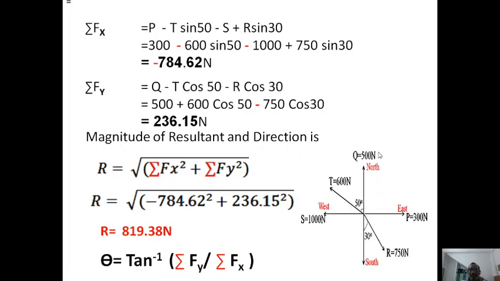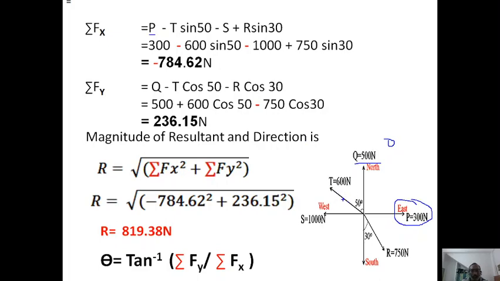Now this is the diagram. So each force has to be taken in terms of F of x. P is in the positive x-axis. You see, east is the positive x-axis, hence we are taking it as positive, and Q is purely in the positive y direction, hence its contribution towards the x direction is 0. Q is 0 in the x direction, and you see the T, which is an inclined force.